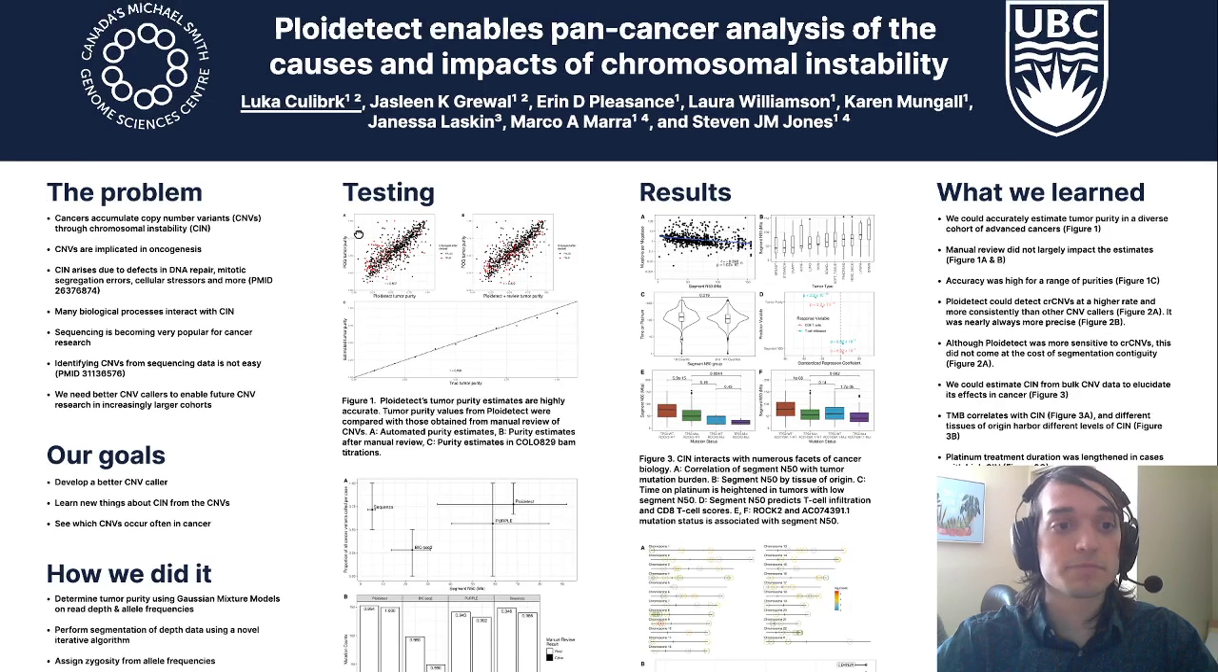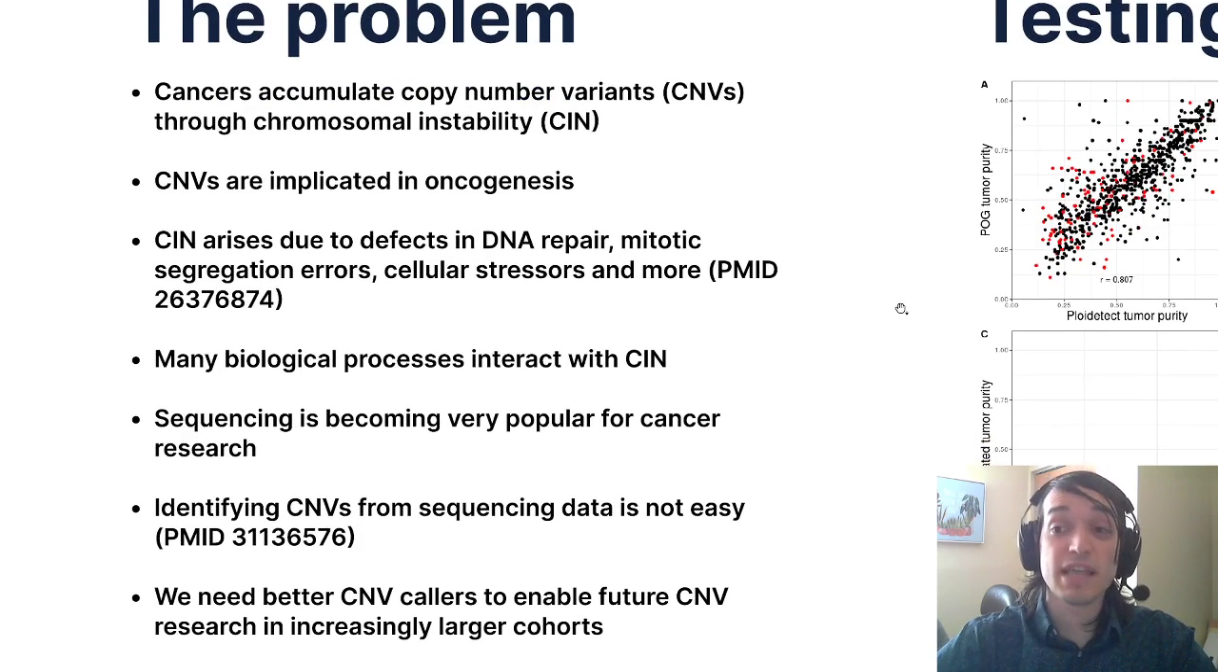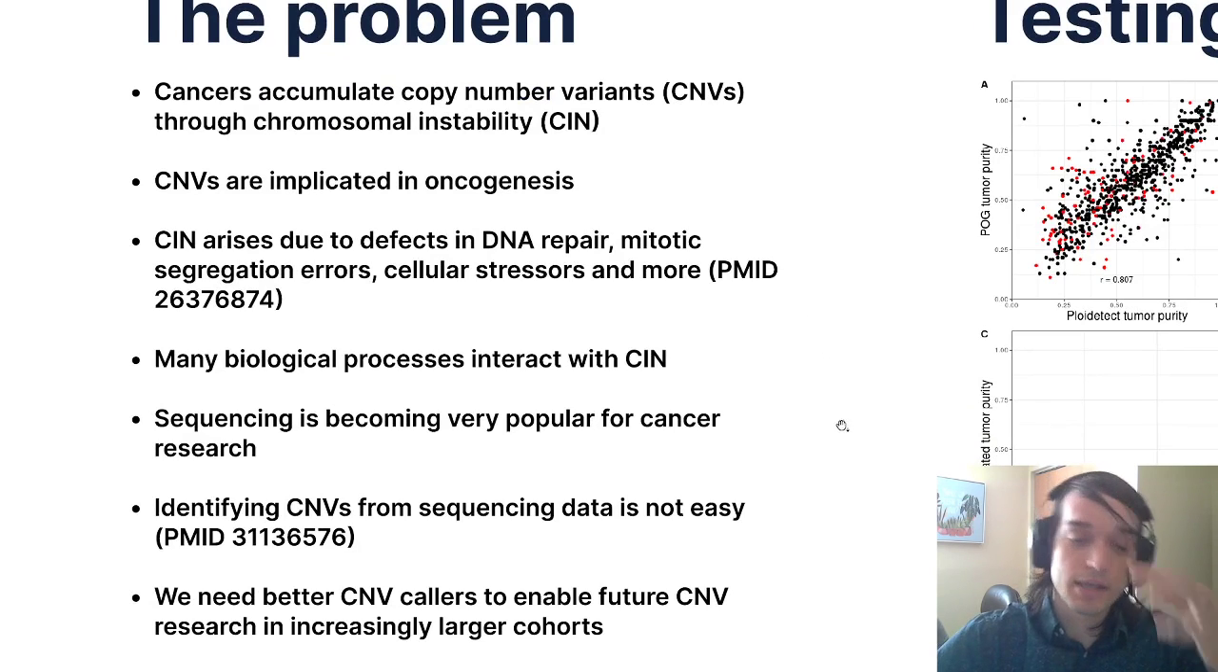So basically, cancers accumulate copy number variants, and these are just changes in the quantity of DNA at different regions of the genome, and this happens because of a process called chromosomal instability. Chromosomal instability and copy number variants are fairly important in oncogenesis, and there's a lot of different biological processes that